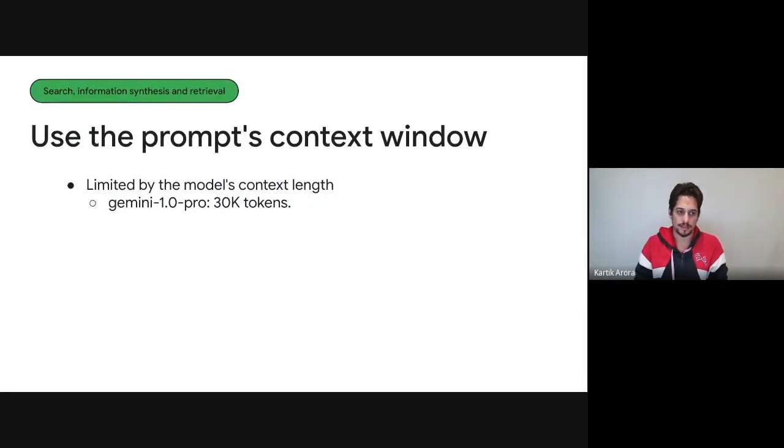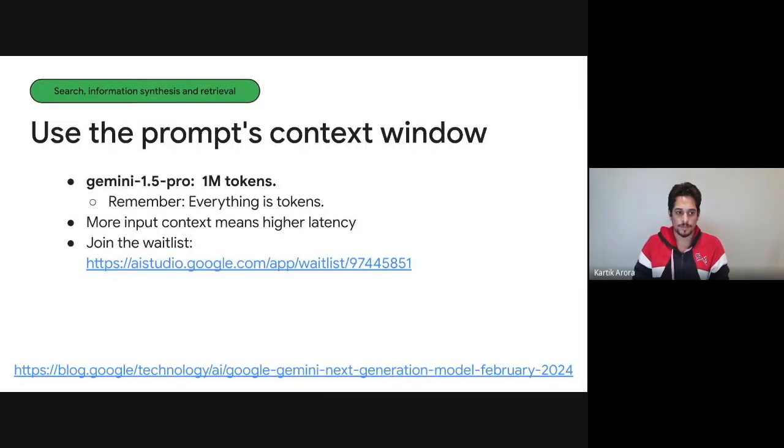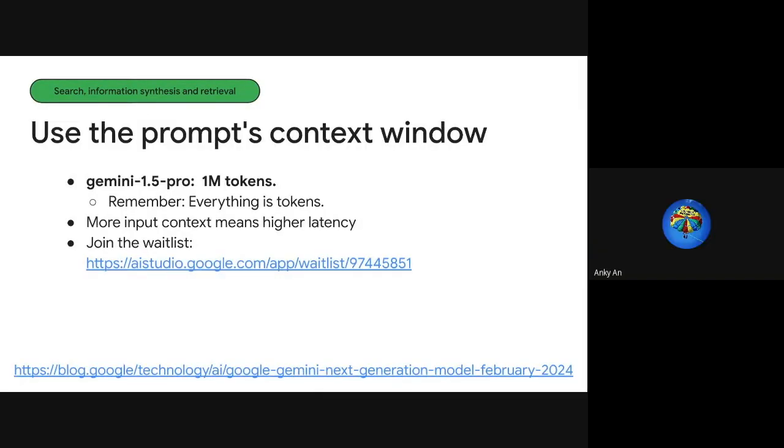Now it's important to understand the context window of a model. Gemini 1 Pro is limited to 30K tokens. Now, how does a token translate to characters and images and everything? That will all be listed in Gemini's documentation. Whereas Gemini 1.5 Pro, which is still not widely available, will be there soon. It has 1 million tokens, so it has the capability of handling much bigger problems. Gemini 1 Pro is still limited to small problems.